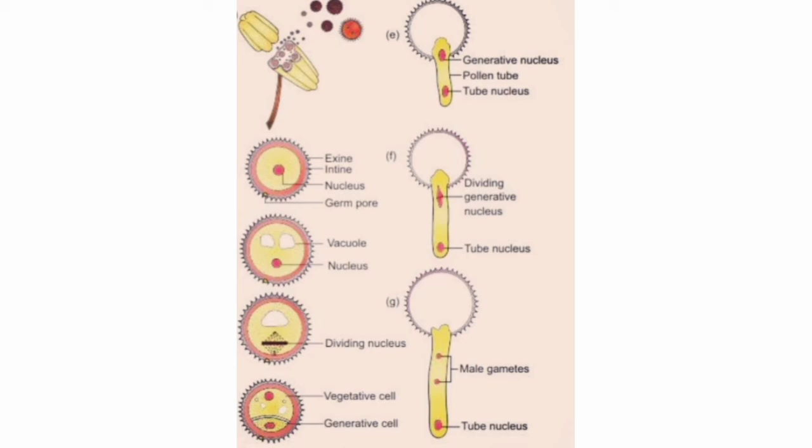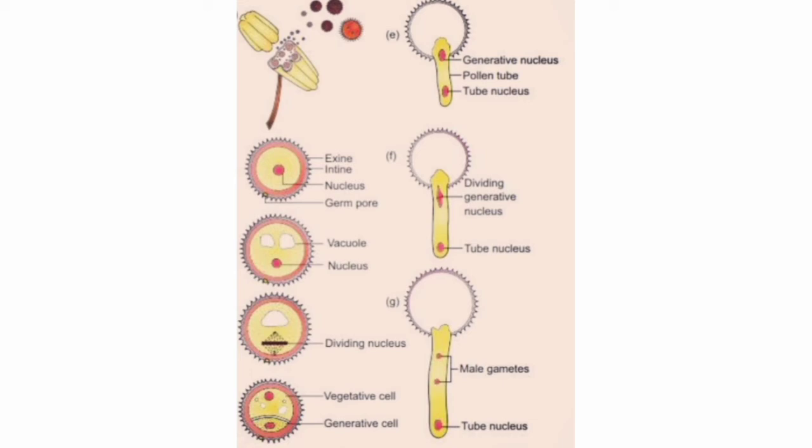By means of the dehiscence of an anther, we get a pollen grain. This pollen grain has an exine and an intine layer along with the germ pore. This germ pore will form a structure called the pollen tube, and now this structure will form two vacuoles inside its cytoplasm, and it will undergo a division called mitosis, so that it results in the 2 cell stage, in which it has one vegetative cell and another one, the generative cell.